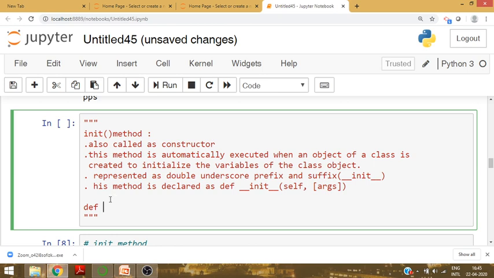Any method or any function in Python is written by using the keyword def. def __init__ parenthesis, first compulsory parameter is self and then remaining arguments. These are optional, whatever as per the requirement we can consider.